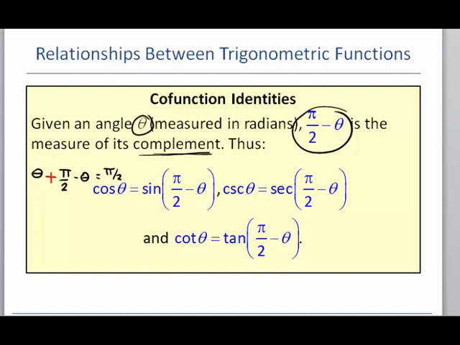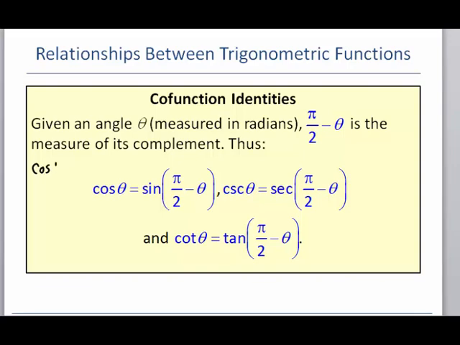If you have two angles that are complementary to each other, then you have this relationship that we refer to as cofunctions. Essentially, that says sine and cosine are equal if one angle is theta and the other angle is pi over 2 minus theta. Similarly, you have a cofunction relationship between cosecant and secant, and between cotangent and tangent. So what that means for us is that,